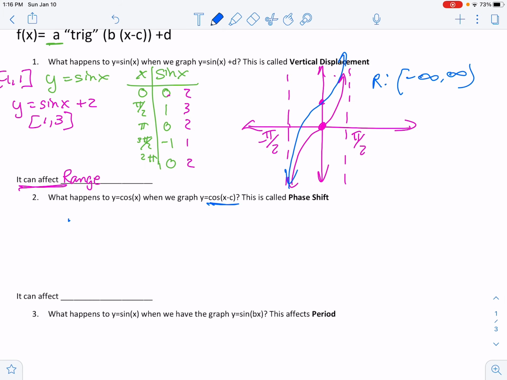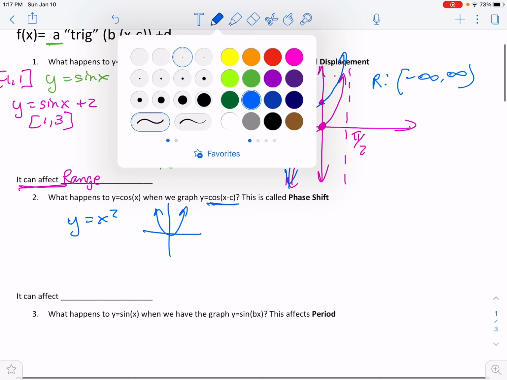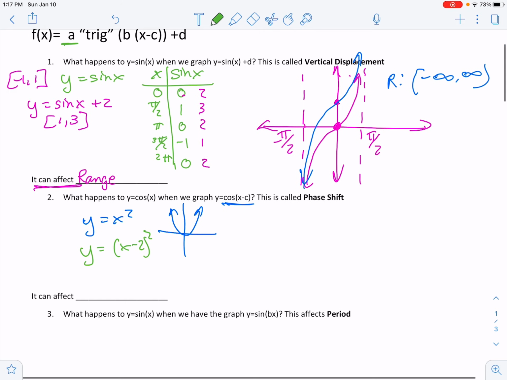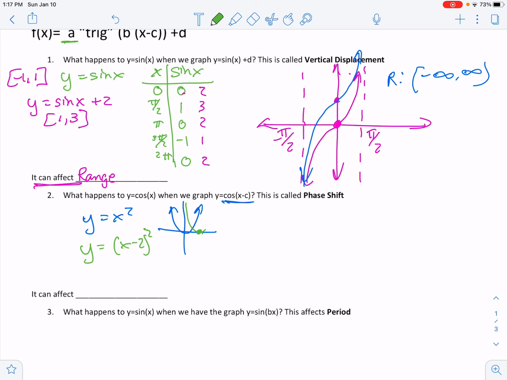Well, first I want you to think about y equals x squared. And then change your mind and get y equals x minus 2 squared. So the function's squaring something. That's going to shift it over 2 to the right. All right? Guess what? It does the same thing on trig functions. So, y equals the cosine